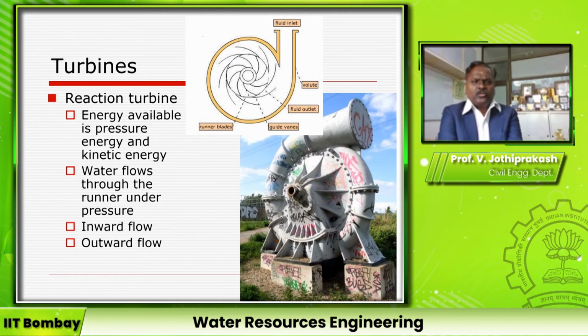The water flows through the runner from outside to inside or inside to outside. When the discharge is from outside towards the center of the blades, we call that an inward flow reaction turbine. When the flow moves from the center point to the outside runner, we call that an outward flow reaction turbine. In reaction turbines, there is a circular pipe which goes on reducing in size, converting energy from pressure as well as kinetic energy.